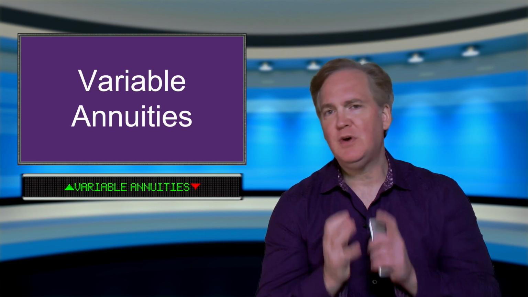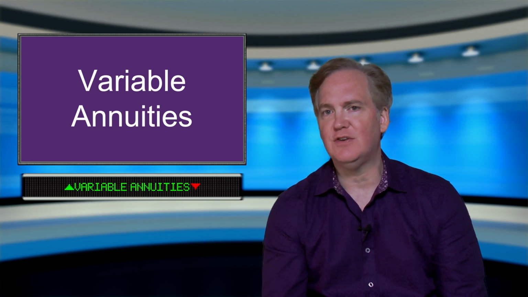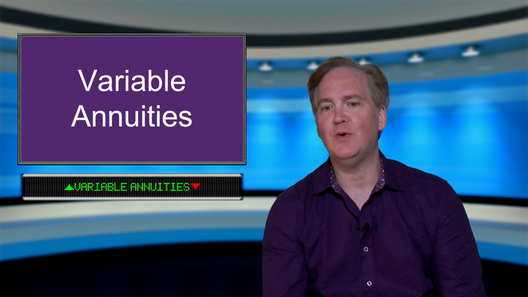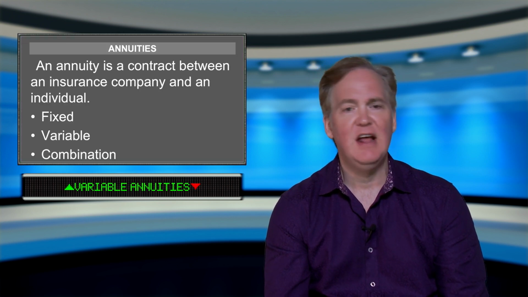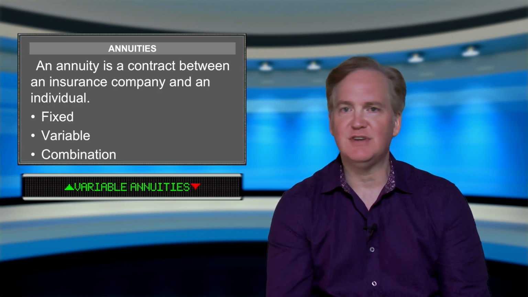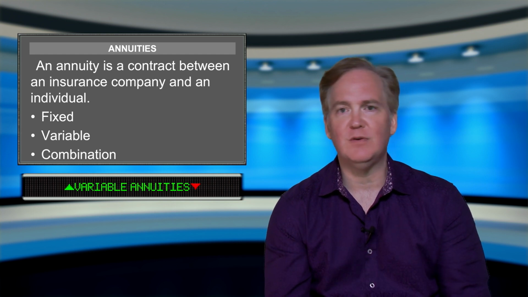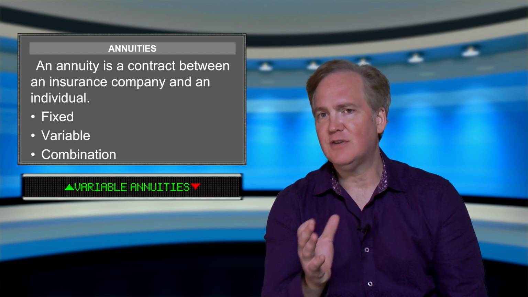Hello and welcome to this section on variable annuities. An annuity is a contract between an individual and an insurance company, and once that contract is entered into, the individual becomes known as the annuitant. There are several different types of annuities, and we're going to start our review off with defining the characteristics of